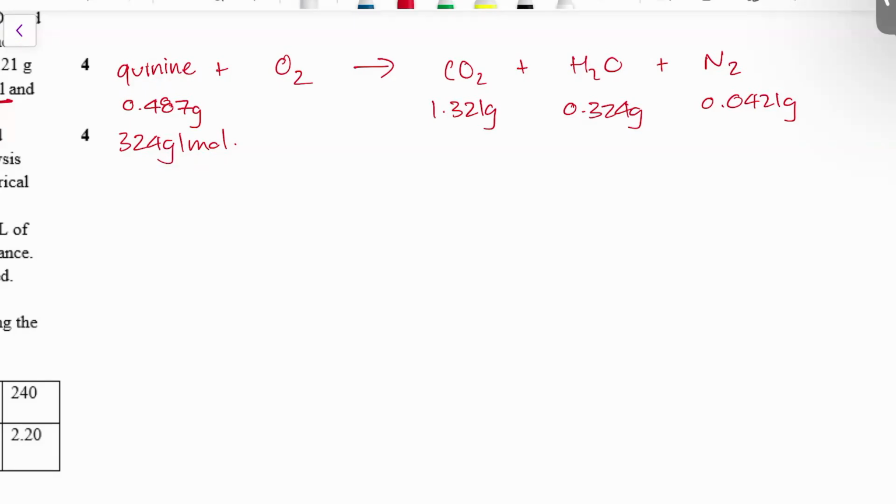Okay. So let's say, for example, I want carbon. I'm going to start off with carbon. I know I need all of it, carbon, hydrogen and so on, but I'm just going to start off with carbon. Tell me, in which formula on the screen right now do you see a carbon atom? Which of these formulas? Quinine, O2, CO2, H2O, N2. Which one has carbon in it? Okay, cool. So what that means is I'm going to get the amount of carbon atoms from the carbon dioxide